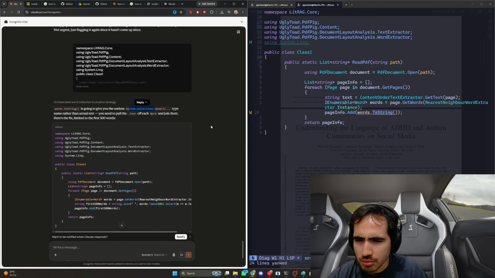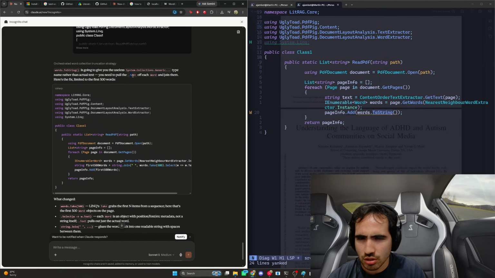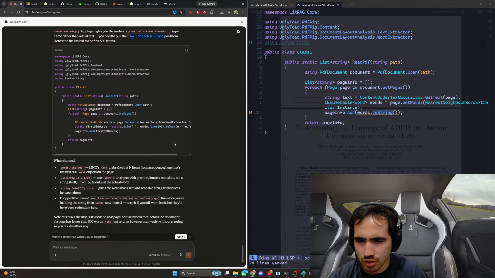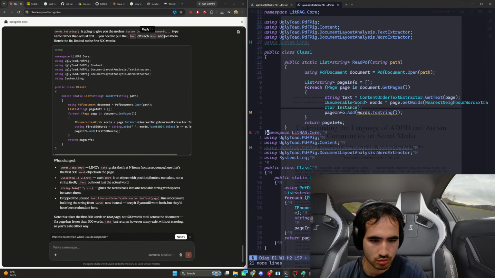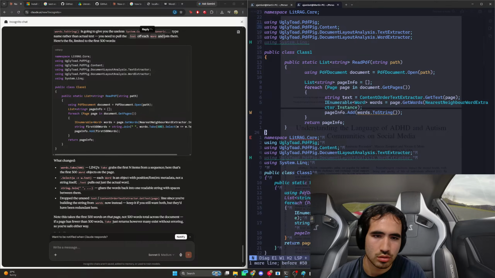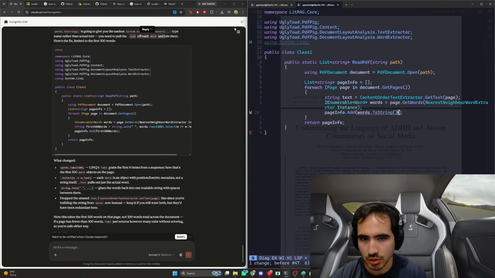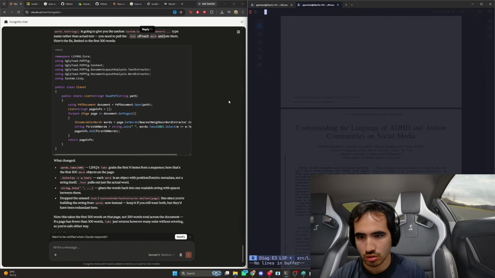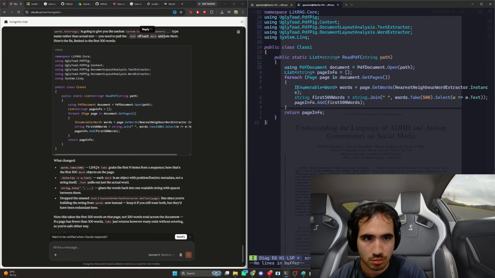The useless generic type rather than actual text. You need to pull the text off each word and join them. Here's the fix, limited to 500 words. Sure thing, buddy. Okay. Copy, paste.